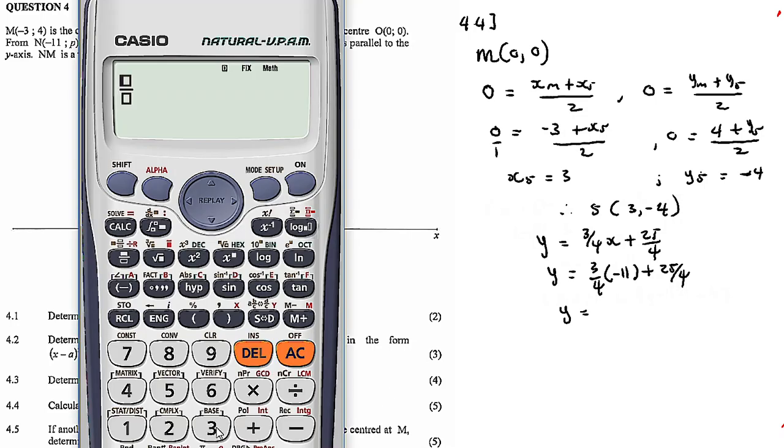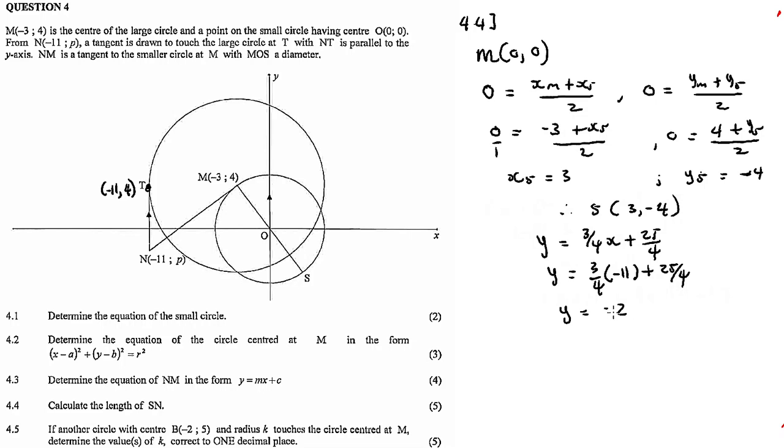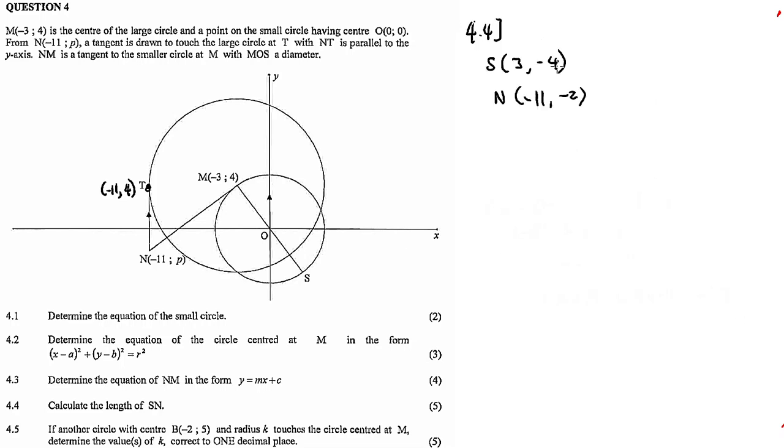Alright, 3 over 4 times minus 11 plus 25 over 4 equal to minus 2. So the answer is minus 2 here. Now see your calculator for the length of SN. Okay, now erase everything and write only the coordinates here. So S is here and N is here, now we can calculate SN, square root